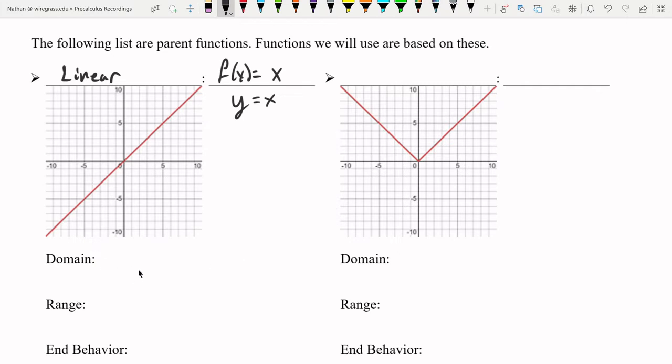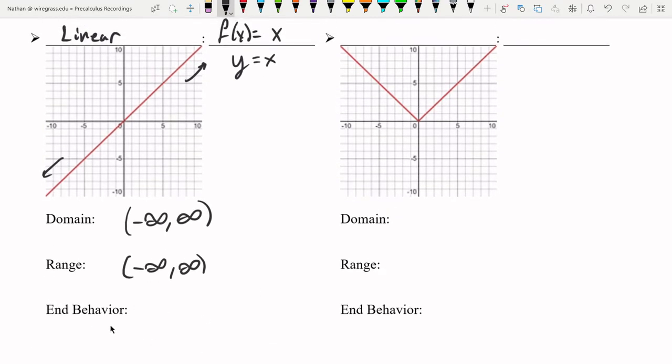The domain for these linear functions is everything. And the range is also everything. You can see it goes left and right. It continues leftward. It continues rightward. It continues upward. And it continues downward. So the end behavior, you can see, of course, that it goes up to the right and down to the left. So we can write the end behavior as x goes to positive infinity, f of x goes to positive infinity,